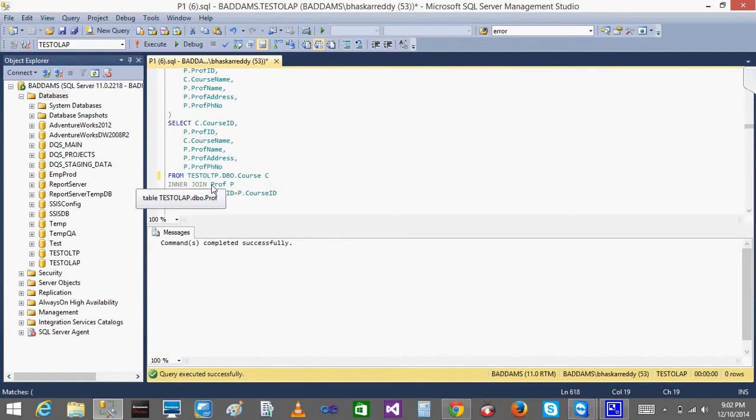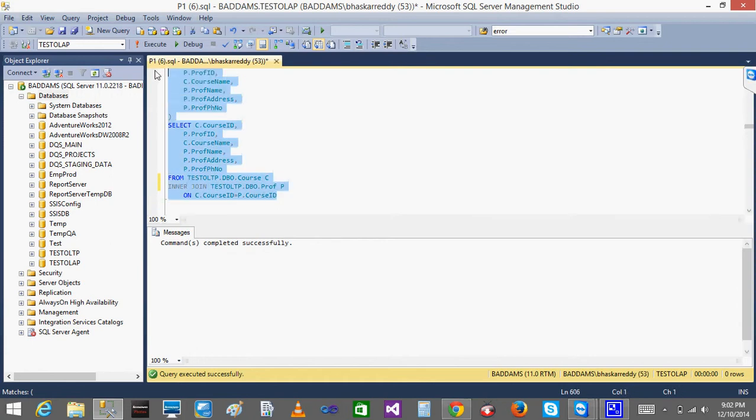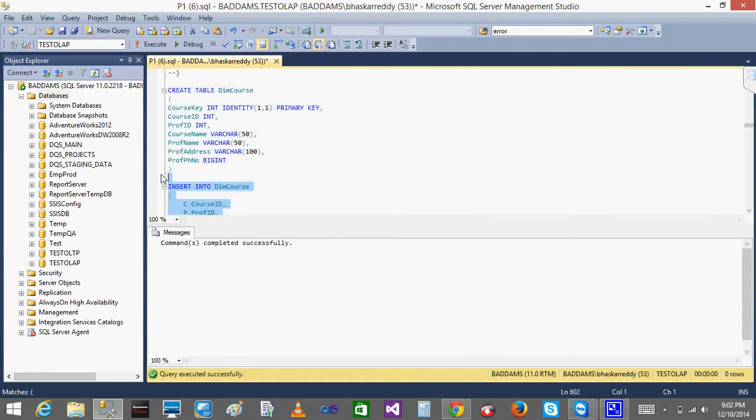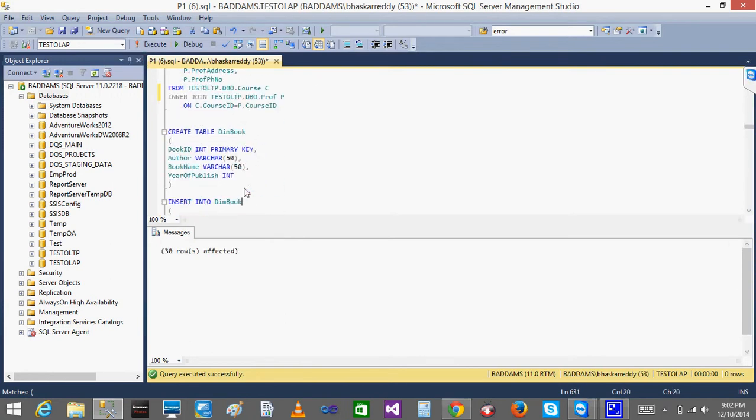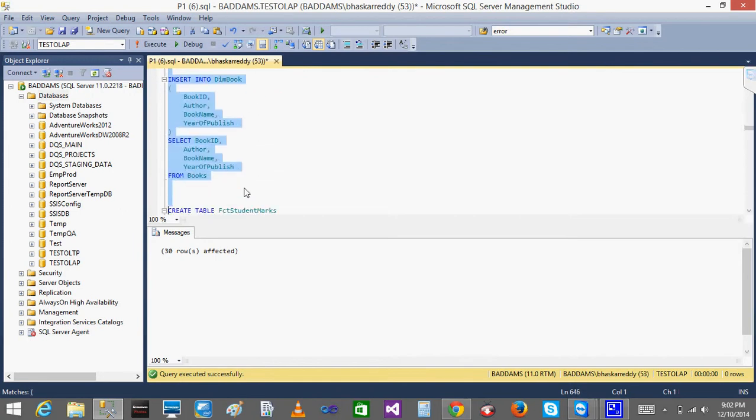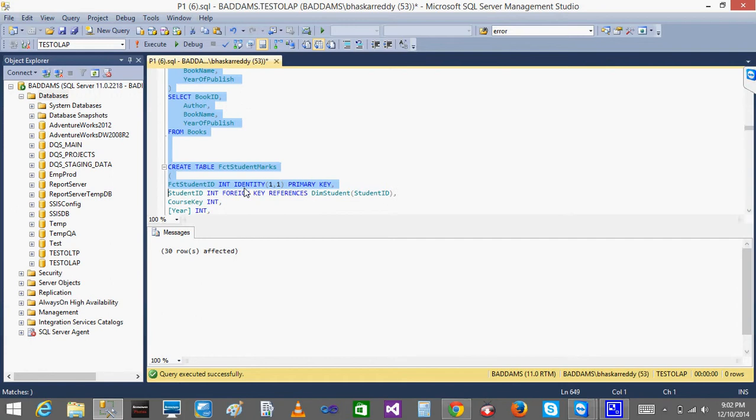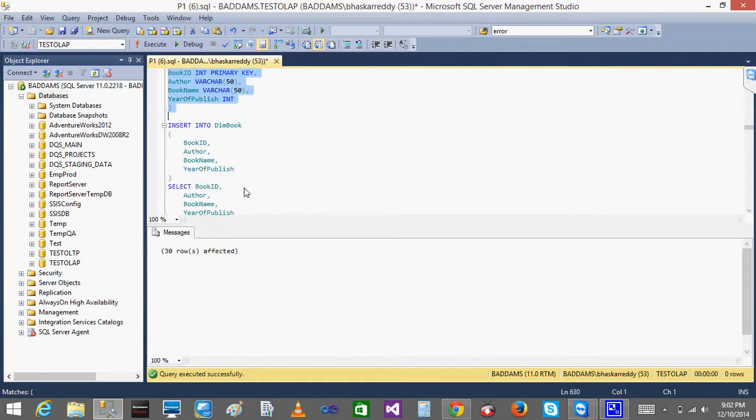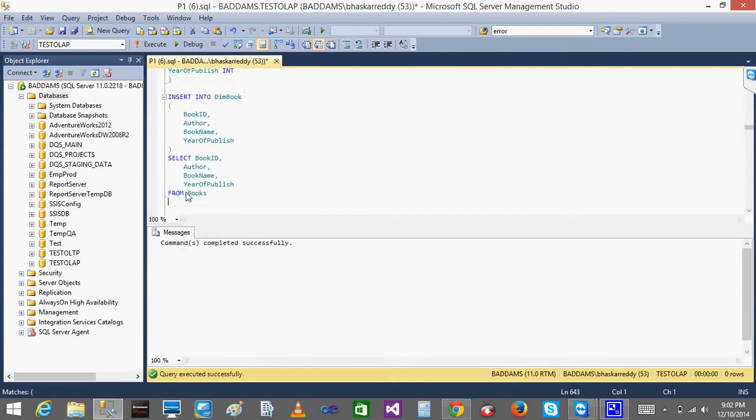Because I created the source tables in the different database. Same with the book also. So okay, give me a minute. Yeah. Book. And I'll insert the data into the book.